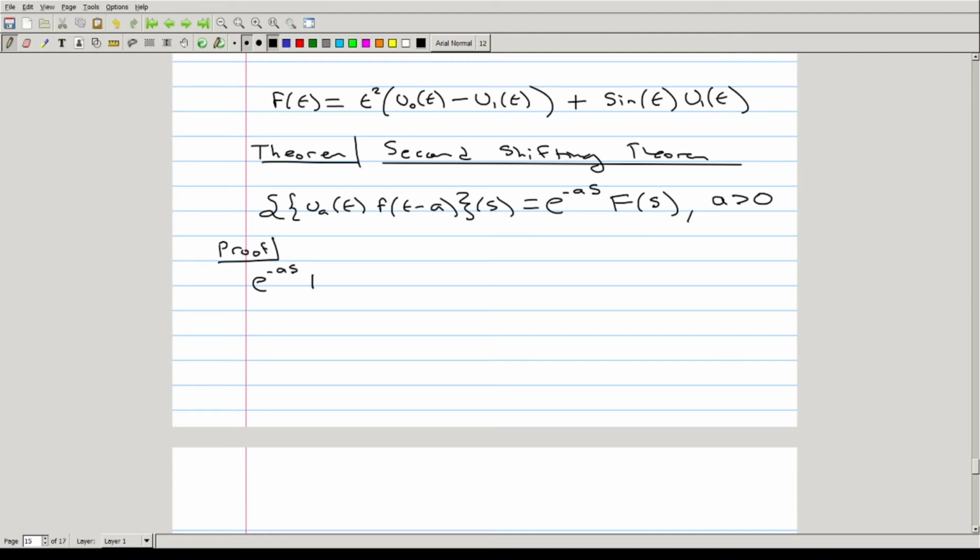We'll look at e to the negative as times the Laplace transform of f, which is the same thing as e to the negative as times the integral from 0 to infinity of e to the negative st times f of t dt, which, if convergent, would be the same thing as the integral from 0 to infinity of e to the negative s times t plus a times f of t